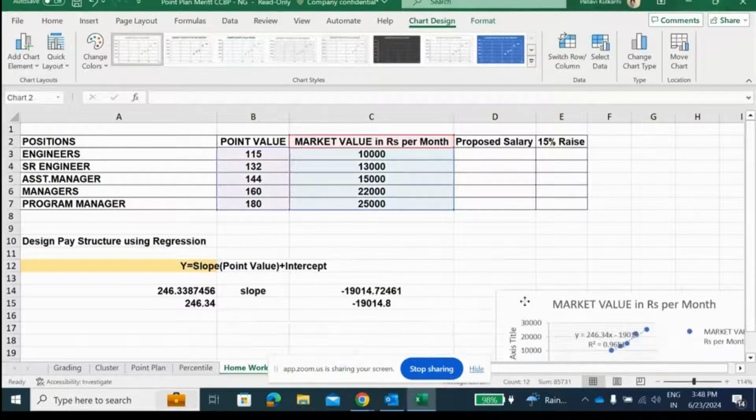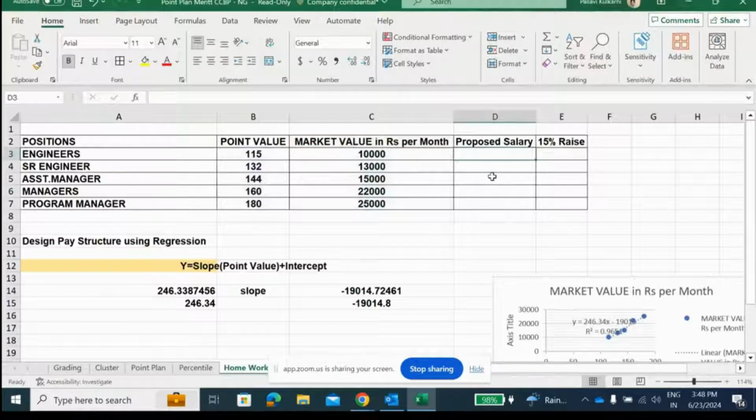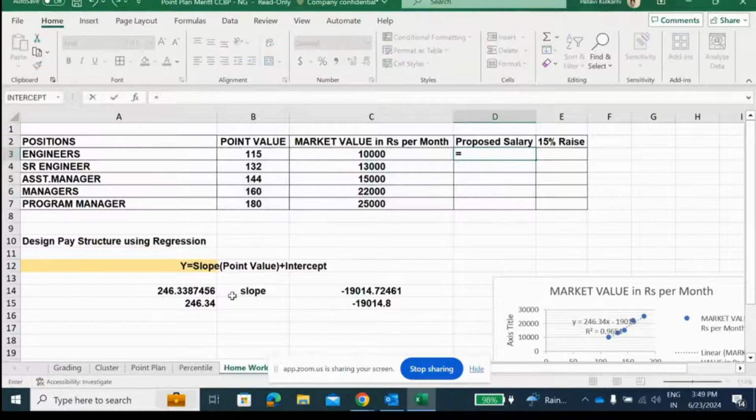All right. Now proposed salary. Now you have to use this slope multiplied by, I'll tell you, hang on. Slope multiplied by point value plus intercept. Now what will you do? You know the slope value, which is, no, don't put your cell number. You know the value which is not changing, constant. So I would recommend put the value itself. 246